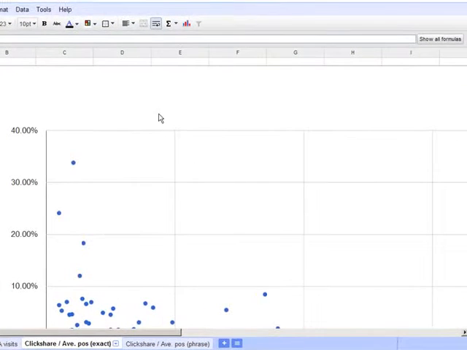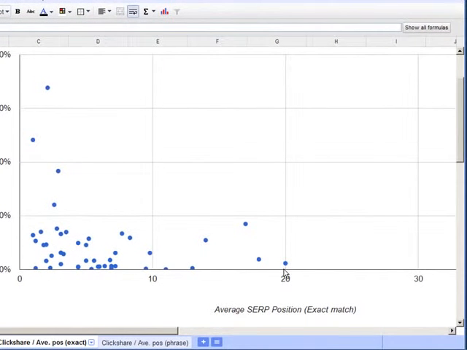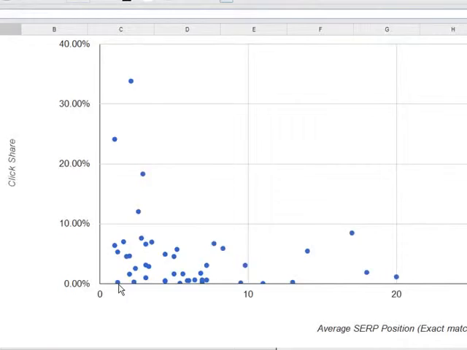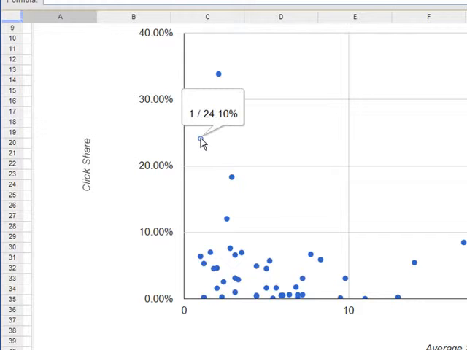So I made another graph in my Google Doc here, and this shows the click share for different positions. Here on the left hand side is position number 1. What you notice from this is, I'll click on that, here's one that ranks at position number 1, gets 24% of the clicks in the last month.